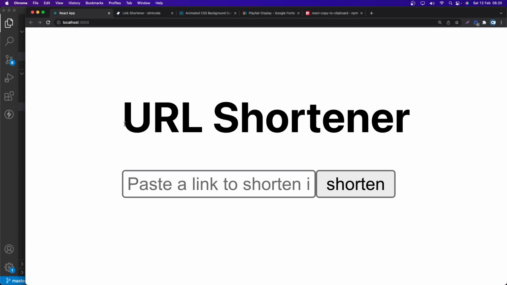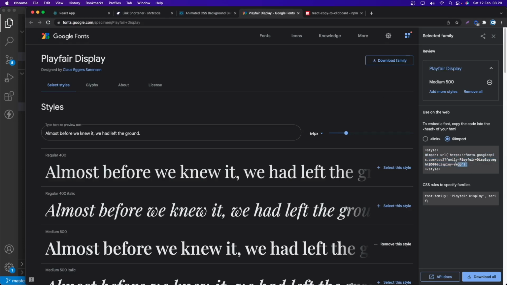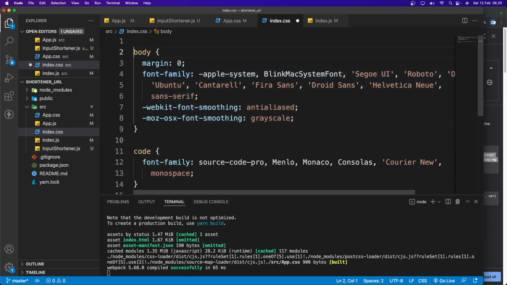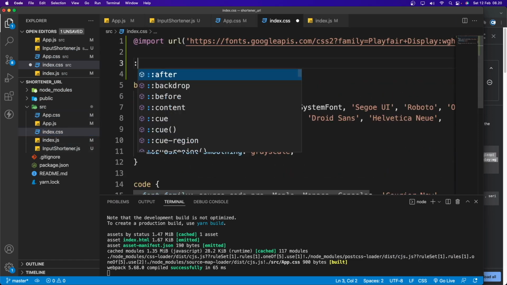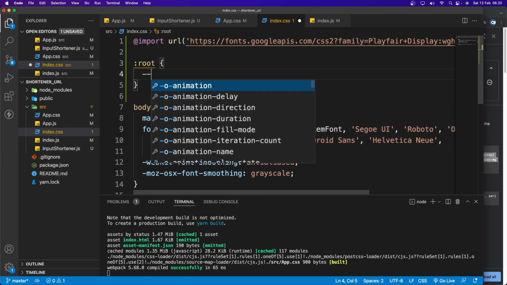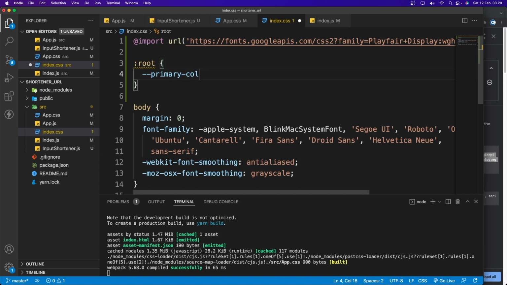So next, let's style this title and this input field. But before that, I just want to copy this font family from Google Fonts. I'm going to copy and paste that into index.css. Paste that in here. I also want to create a variable, so I want to say dash dash primary dash color.